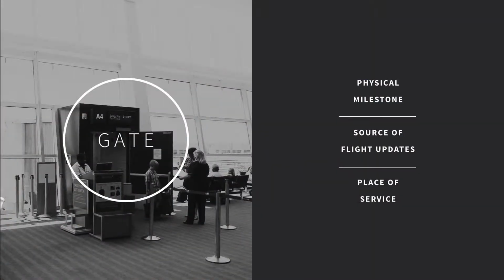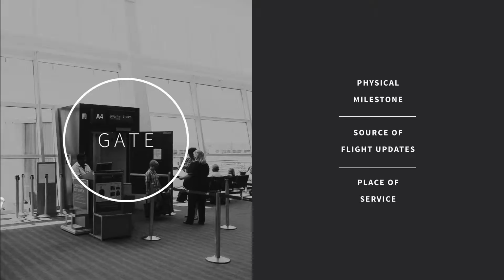A primary reason for this is that people are tethered to their gate. 1, the gate is a physical milestone. If you don't get there, you don't get to your plane. You don't take your trip. So getting there is a primary important milestone for anywhere you go. 2, it's a source of flight information and flight statuses. From there, you can gather information such as when people are leaving the gate. So it's seen and unseen information which you can gather specifically from the gate.